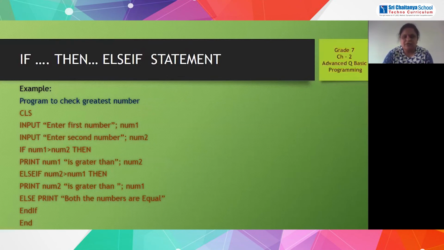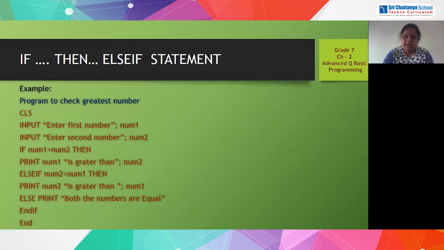Now, what is our first if statement? Let us see. If number1 is greater than number2, then what should it do? Print number1 is greater than number2. Okay.